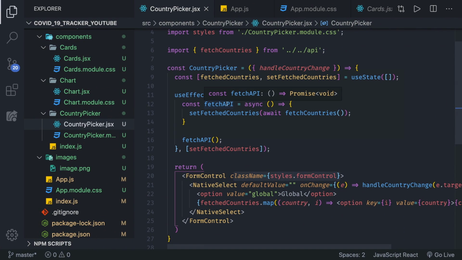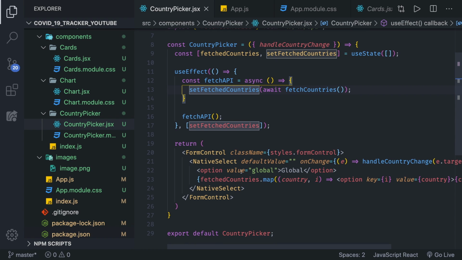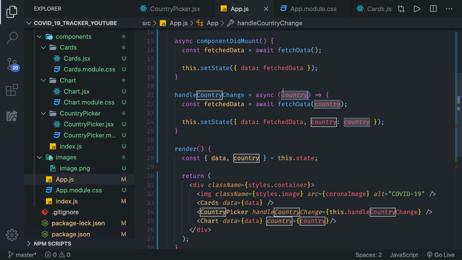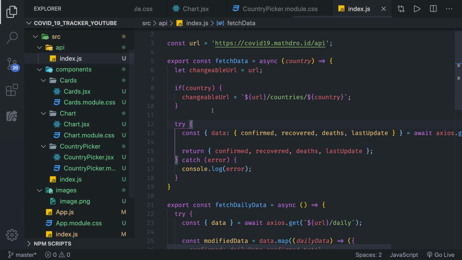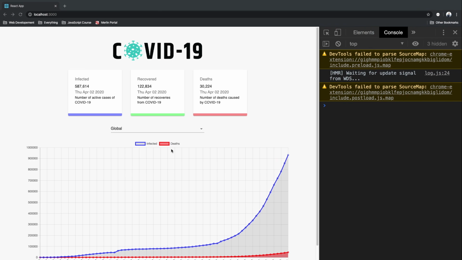What does this mean? That means that if we go to the country picker, we shouldn't set the value for global to be global. We just need an empty string because there is no country chosen. And then for that case, if the global is chosen, this country is going to be an empty string. We're going to just fetch data for an empty string. And in the API, since we know that empty string is a falsy value, if there is an empty string, still our basic API for daily data is going to be called,